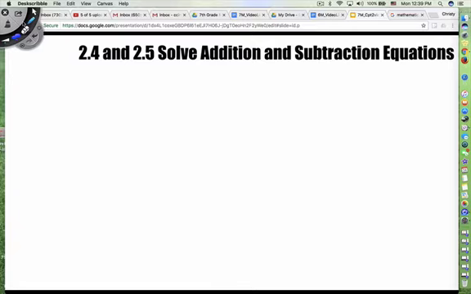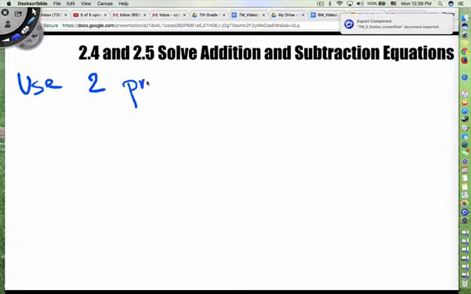For many of you this may be review, so bear with me, take some good notes, and for the rest of you, take really good notes. So I'm combining 2.4 and 2.5 simply because they're kind of opposites of each other. We'll be solving problems like x plus 9 is equal to 21 and x subtract 3 is equal to 12. Okay, we will be using